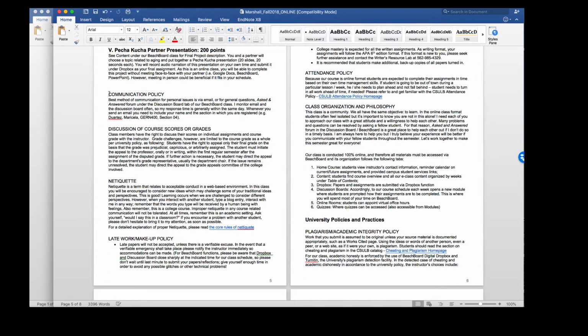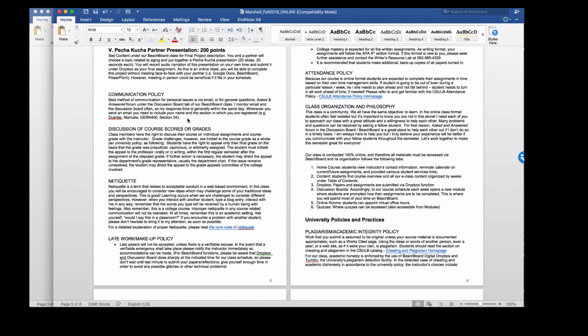Communication policy here right under the assignments. What's important to note is that first and foremost, you might want to go to the Asked and Answered forum in the discussion board tab on Beachboard. If you just have a random question about an assignment, a little thing, you might want to post it there first because you could get a response from a fellow classmate before I get a chance to respond. And so you might get your information a little bit quicker. Also, by checking the board, you might find that somebody else has already asked your question and received an answer, and I will go in and confirm what other students have said so that people know that that is the correct answer.